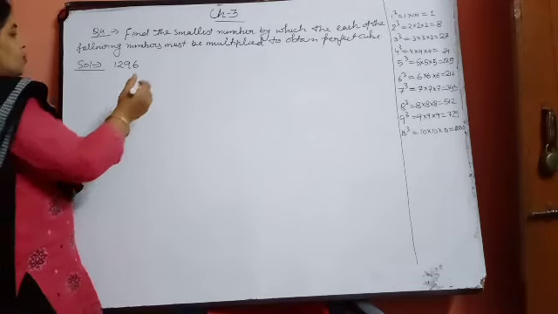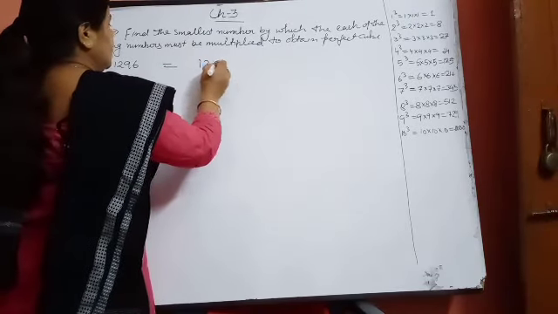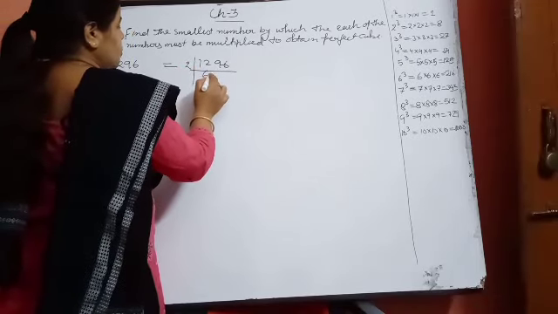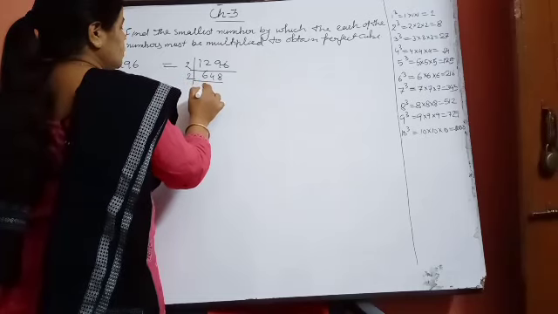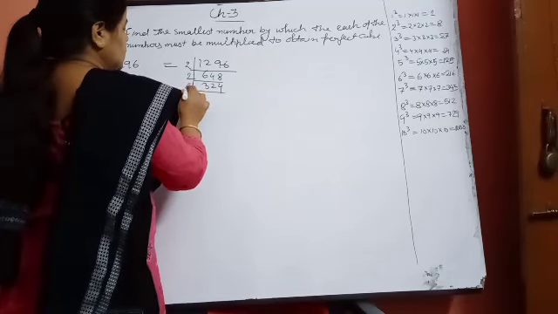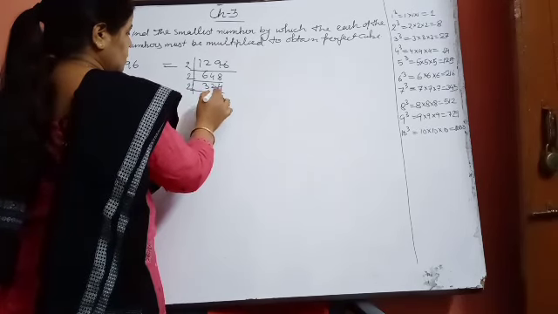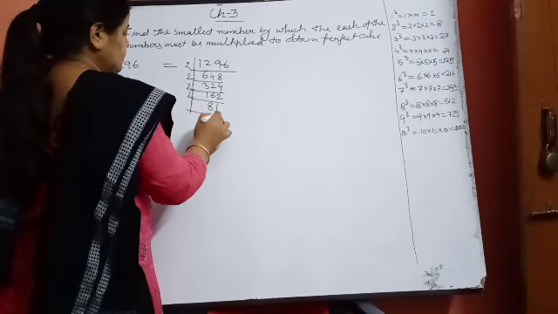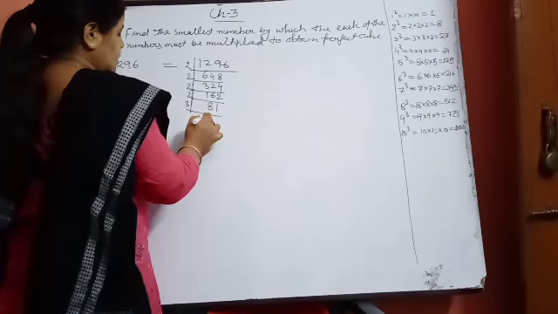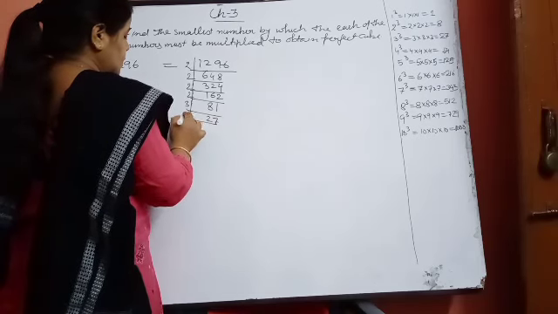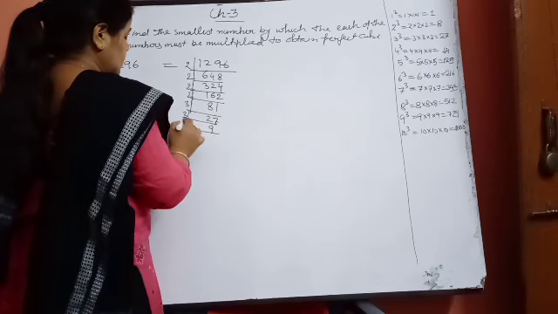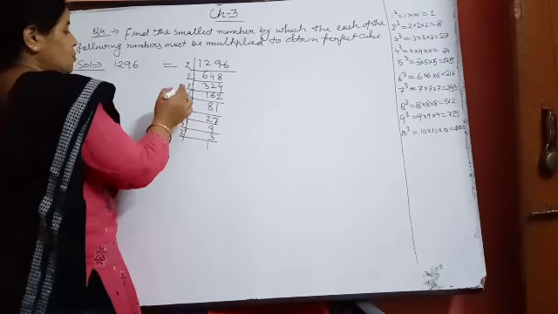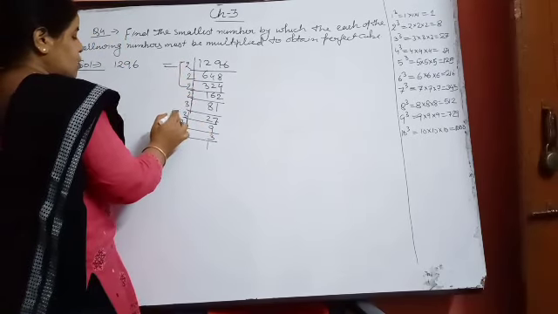See that first of all you will do the prime factorization of this number. Okay, and everybody knows prime factors, right? Start from 2, 2 6 ja 12, 2 4 ja 8, then 2 3 ja, 2 2 ja, and 2 4 ja, then 2 1 ja, 2 6 ja and 2 2 ja, then 2 8 ja and 2 1 ja, then 3 27 ja, then 3 9 ja, then 3 8 ja, and then 3 12. Okay, then you can see that for a perfect cube what we require is a group of 3 factors.